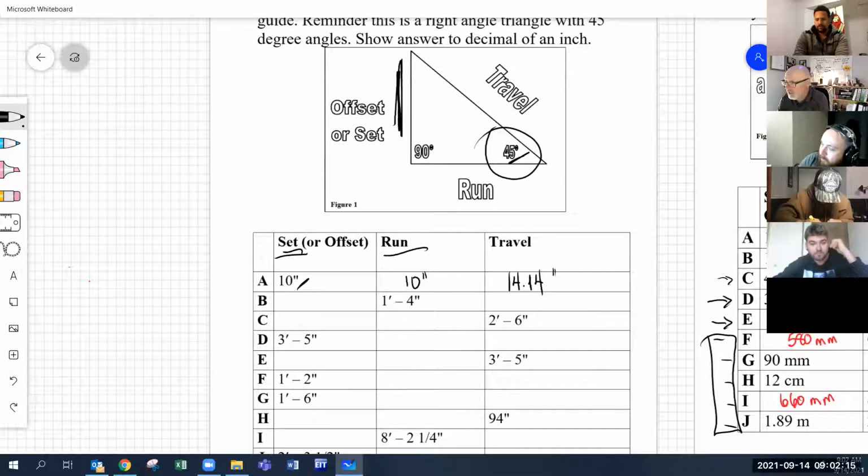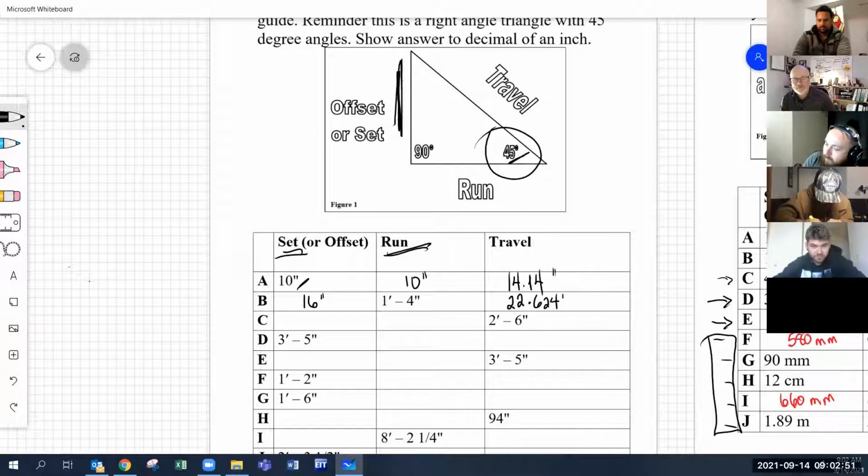Pretty straightforward, yes? So look at B. If the run is 1 foot 4 inches, that means the set or the offset is also 16 inches. I just made the leap there that you knew that 1 foot 4 is 16 inches. I would assume you could do that. And then of course the travel is always 1.414 times longer, making this